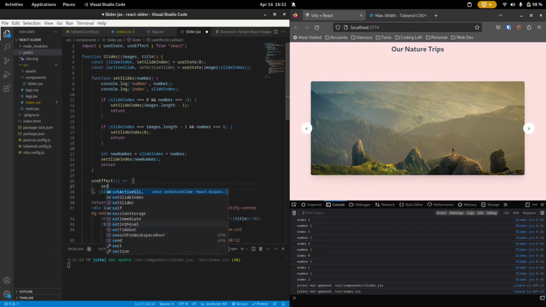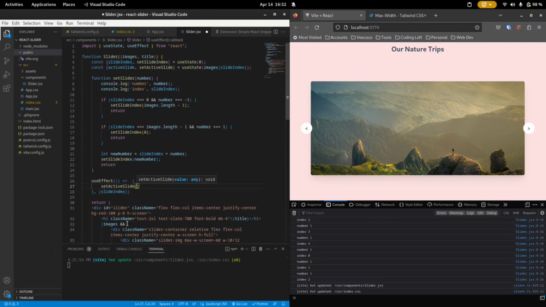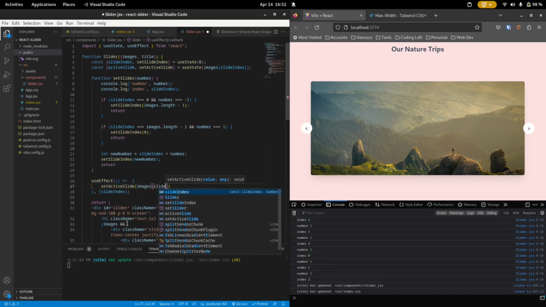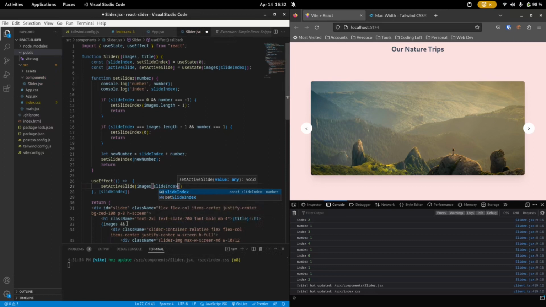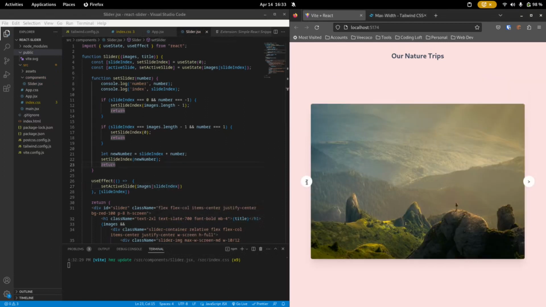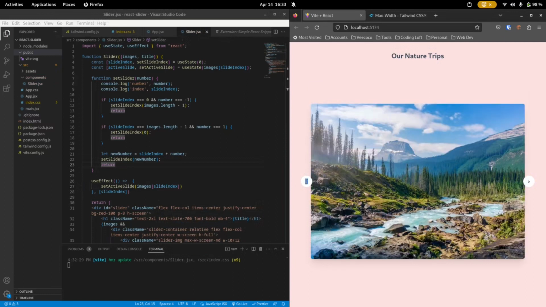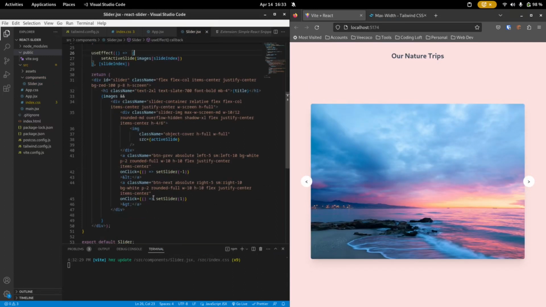And what should happen? Well, we want to set the active slider, and we want to change it to our images array, and then we just want to pick the image that corresponds to the current slide index. So now you can see if I press the button on the left or the button on the right, our images change. One last thing to add is that when we hover over the button, we want to actually see a pointer as a cursor. So we say hover, and then we set the cursor to pointer. So now once we hover over it, we can actually see that we can press this button,